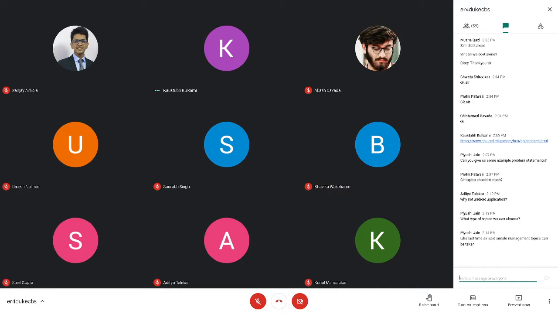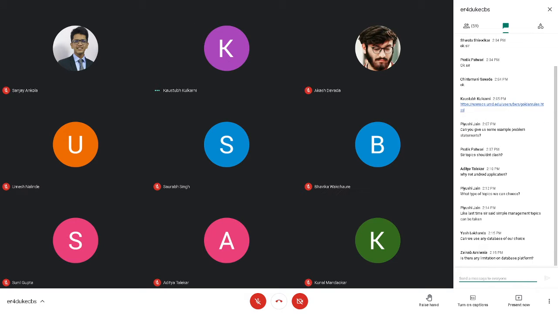For example, if someone says I'm doing a project on a railway ticket booking system, you should be able to explain everything in that project. What I'm trying to say is, try to be creative in that.